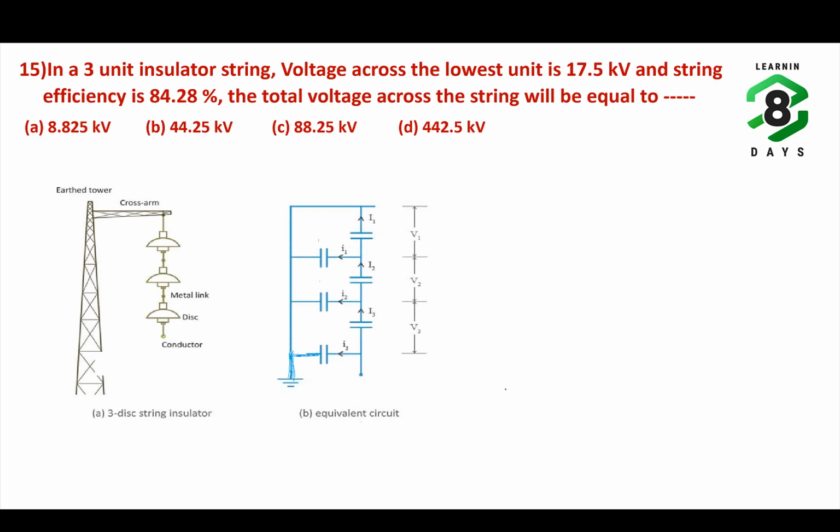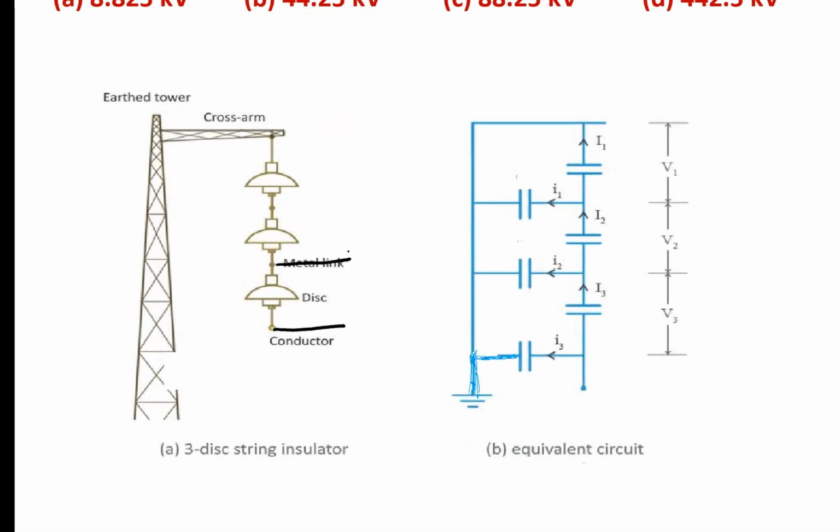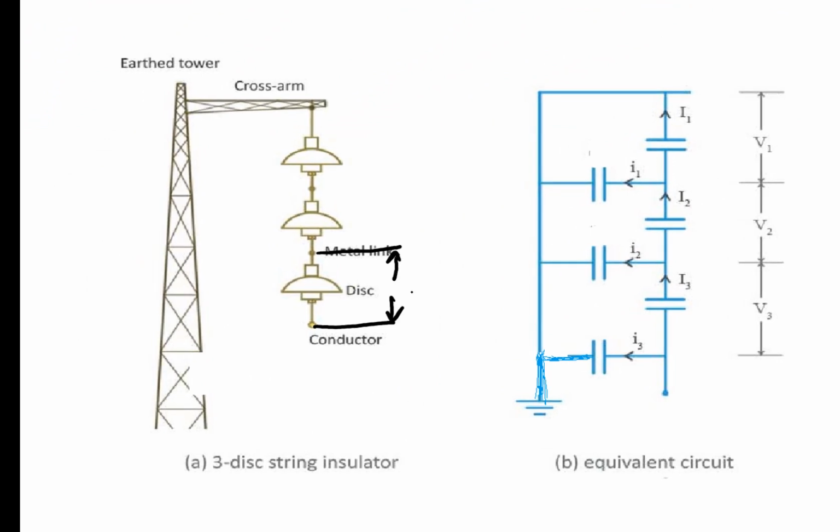So what he is telling, the voltage across the last disc is 17.5 kV. That is the voltage across the disc that is connected to the conductor is 17.5 kV. Now he wants us to calculate the total voltage between the cross arm and the conductor, that is the total voltage of the string, that is the voltage of the conductor with respect to tower. Understand? So if you apply the string efficiency formula,